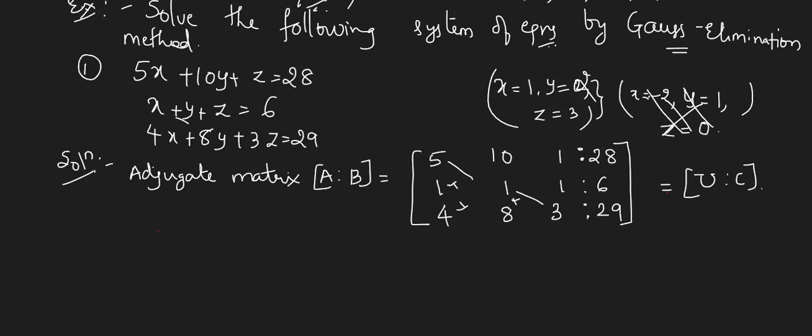Now to reduce them to 0, we apply a similar procedure. You are aware. First we consider this 5. With the help of this 5, we have to reduce these 2 elements to 0. Can anybody tell me what operation is to be applied for reducing this element in the second row? R2 minus. Which element do you want to reduce? 1. With the help of which element? The corresponding diagonal. This 5 should be written before R2. Now, 5 is lying in which row?